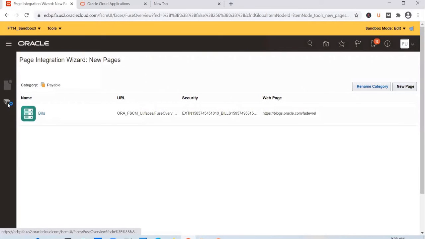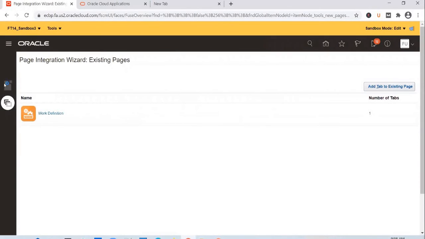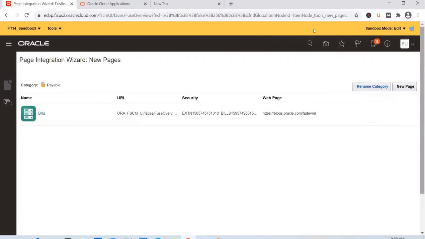Okay, so you can add in a new page. Okay, so you can go back. So if you add in new pages from the page integration wizard, you will be able to see those pages only if you have a role that you are mentioning here. So say for example, if you add a new page,